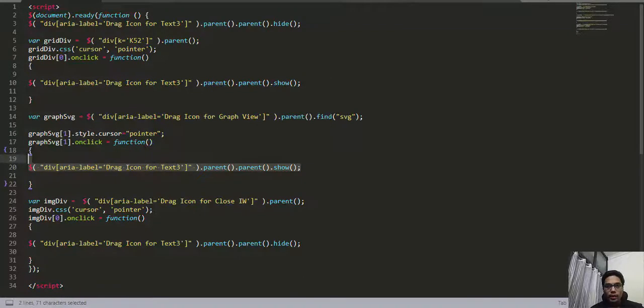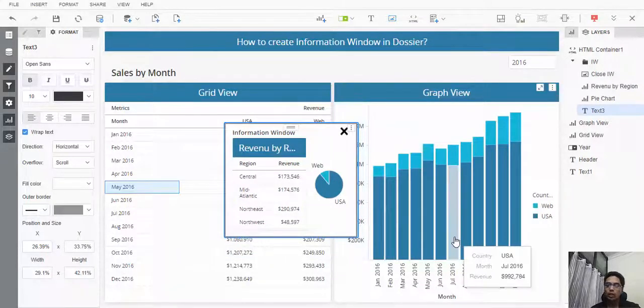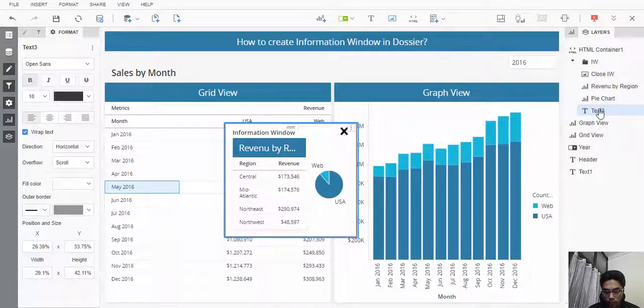The main last part is, on click of this, we need to hide this particular parent div. So you just have to pick the div of that text using that text. This is the main thing which we need to include as the background of your information window, and that is also going to help you pick the parent div of your group. So that's the main concept over here. You have to create a group, pick that group div using code, and now it's up to you how you can utilize that, how you can use it for different functionalities.